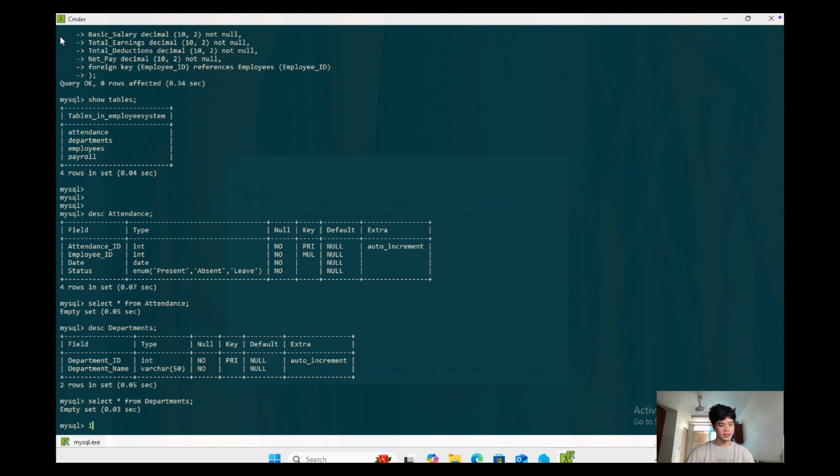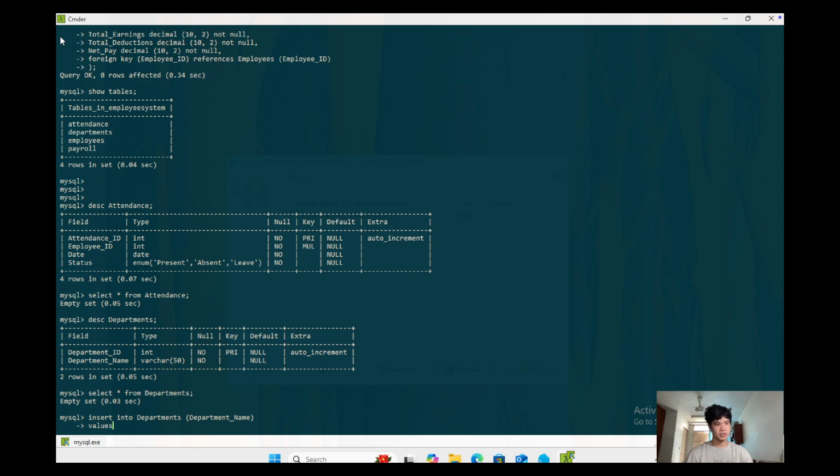So first of all, let's insert into departments, and let's go to the department name. The department name, because why? Because the department ID is already automatic, it's already auto incremented. So we just need to add the department name, and then